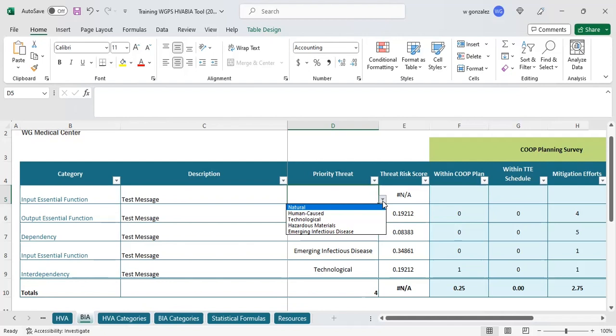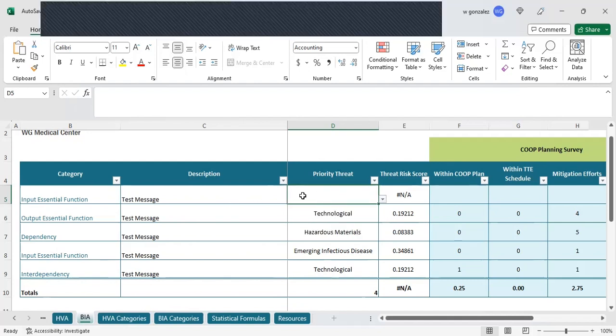If our input essential function is food, nutrition, services delivery, whether I put that here under description or just say it out loud, what's going to stop food, nutrition, services being delivered to the organization may be a natural